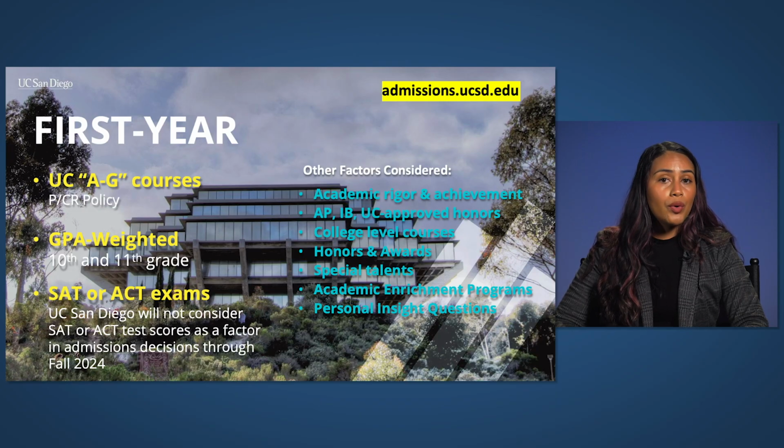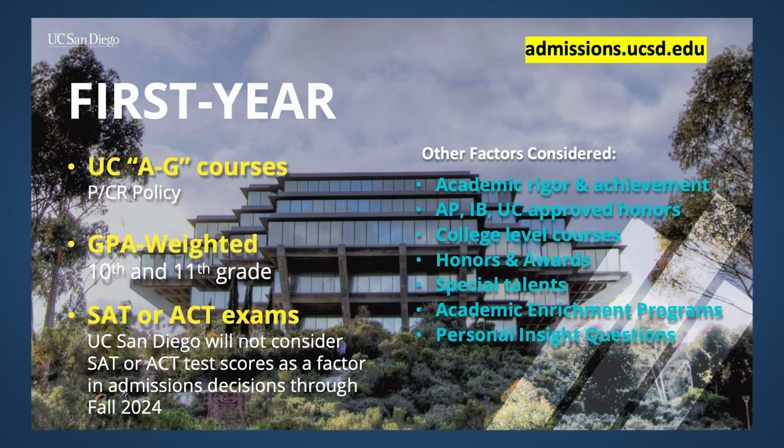UC San Diego will not consider SAT or ACT test scores as a factor in admissions decisions through fall of 2024, meaning that even if you have taken the exam, it is not something that will be utilized to make an admission decision. Please know that other universities and scholarship opportunities may still be requesting them, so please check in with those institutions. But overall, we do employ a holistic review process, meaning that we look at everything you include